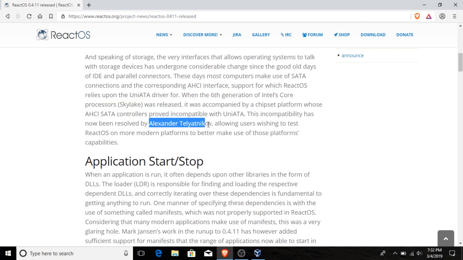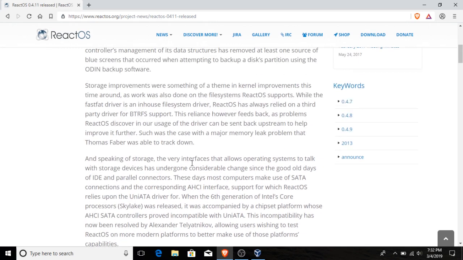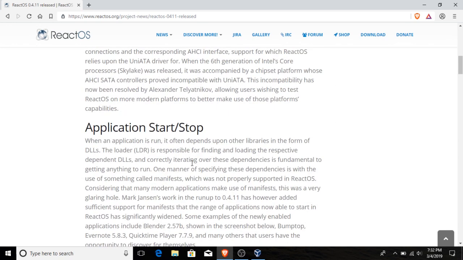Thanks to Alexander, whatever your last name is, I'm sorry, I don't want to screw it up, but thanks to him, he put in this fix, and this will definitely bring a lot of development to the ReactOS community. In addition,